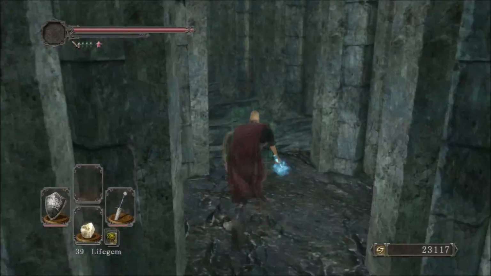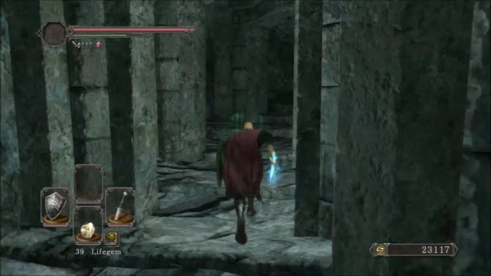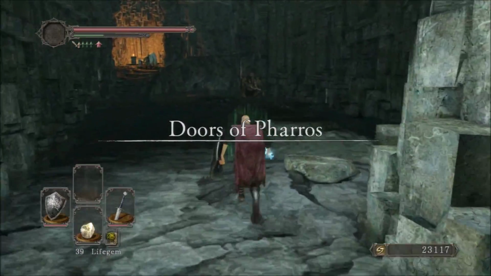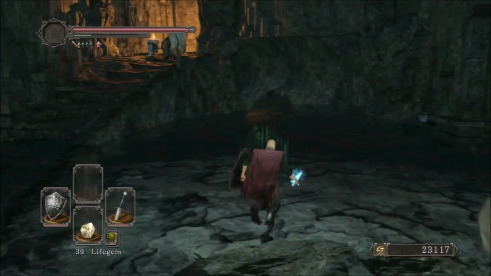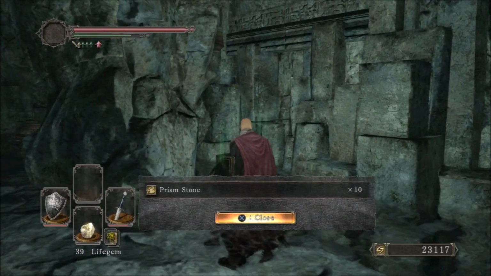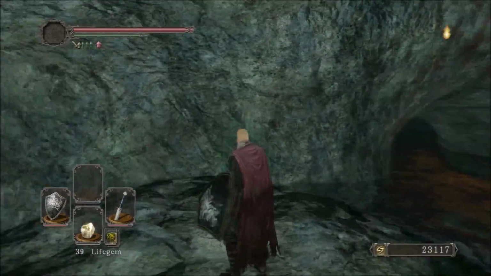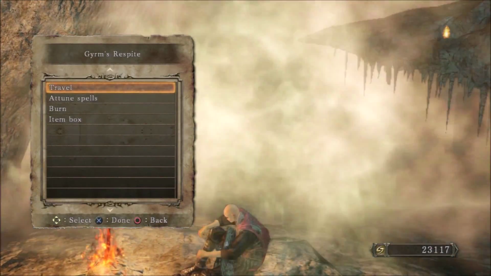Now this is probably the most difficult part of the walkthrough so far, and that is because if you guys are anything like me, you might get a little bit impatient and you might want to rush through. Now we're in the Doors of Pharos, and there are some slow lumbering enemies here, but also the area is filled with water, and that will slow down your movement quite a bit. So you will see why in an instant. But I recommend that you don't